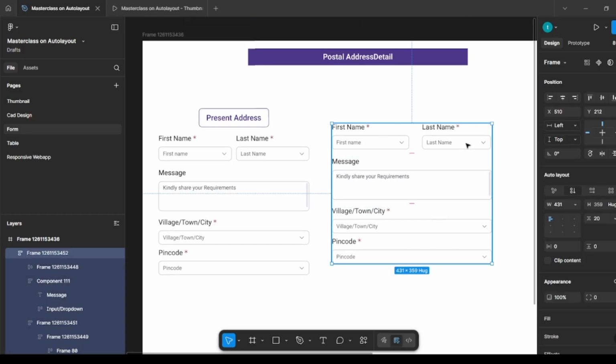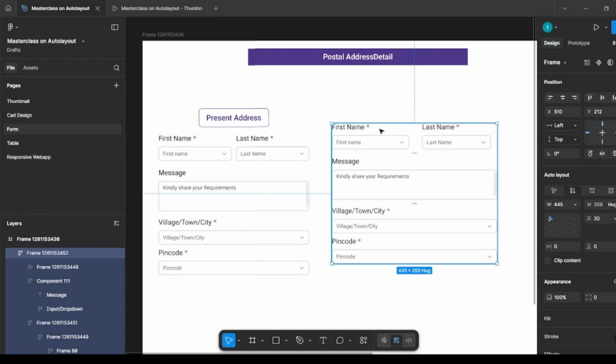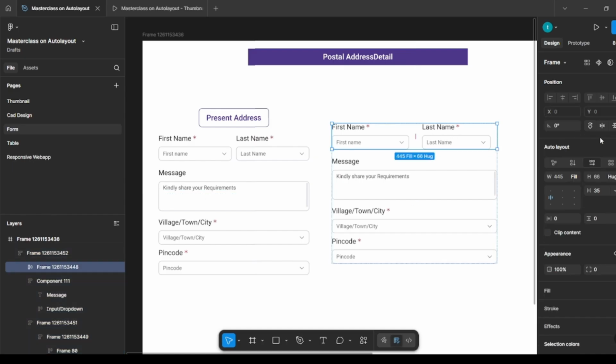And now suppose when I'm adjusting this, like when I'm disturbing the width of this auto layout, you can see the first name and the last name are in the same line only. What I want is when I am decreasing the width of this, the last name should go to the next line. For this, what we have to do is